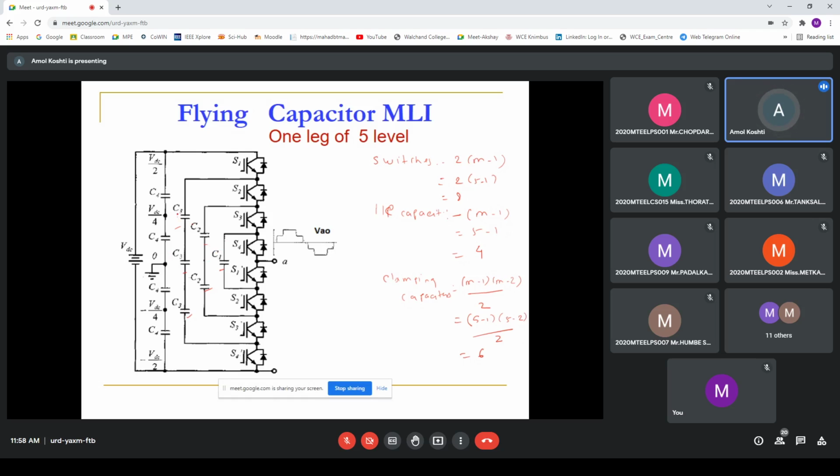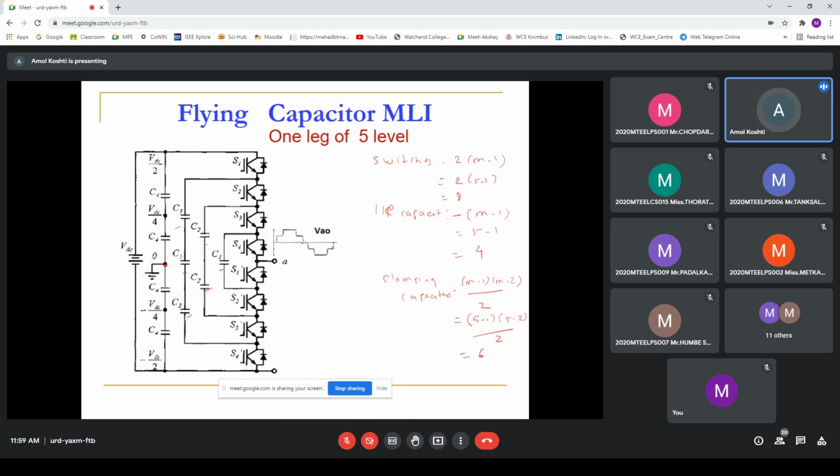Again how to connect this and this, based on the mathematical formulation we can find out the values of C1, C2 and C3. Similarly we have to find out the value of C4, and by using this mathematical formulation we have to construct it. The intermediate point of the input capacitors is taken here as the neutral point. The intermediate point of the 4 upper and 4 lower switches is considered to connect a load, and has been connected here as a point, so across A with respect to O.